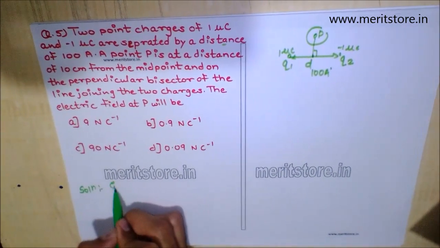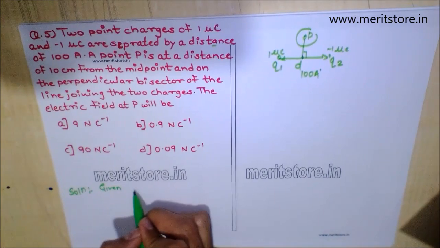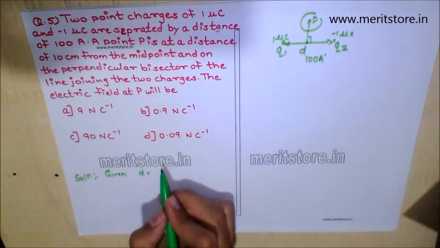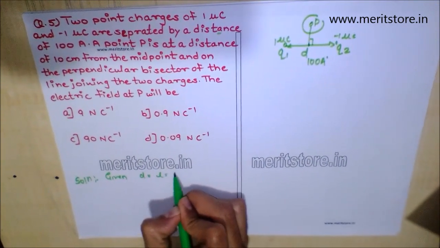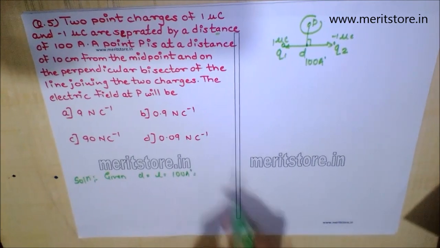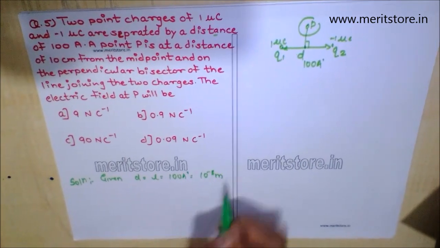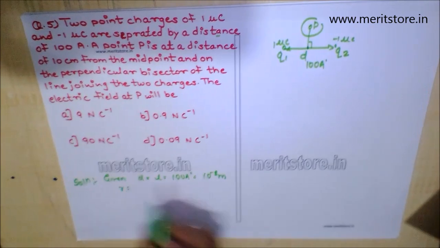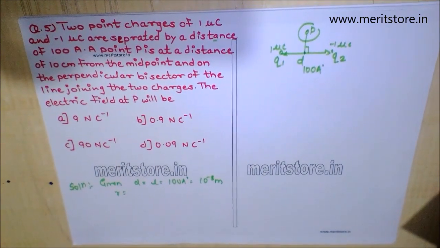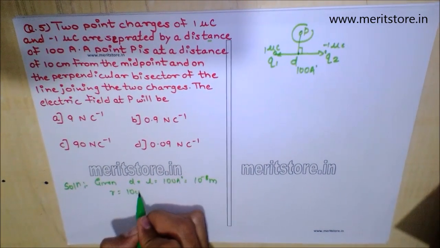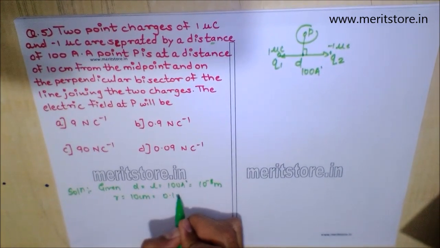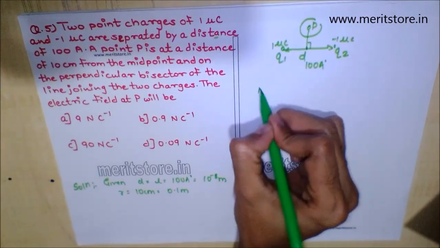So basically we have given here the distance D, that is the length, which can be 100 angstroms. Converting it we get 10 raised to minus 8 meters. Also the distance from point P to this is 10 centimeters, that gives you 0.1 meters. Now for the short dipole,